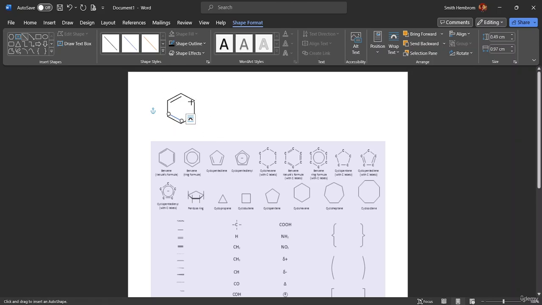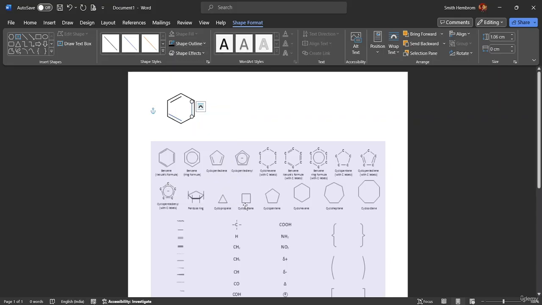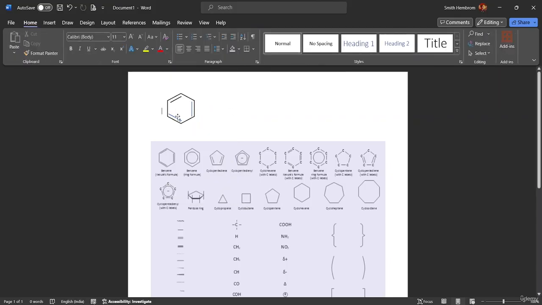So I will come over here and I will just click on shift. Okay, it will just create me a straight line. Okay, again shape outline, go to the weight option, from here 1.5. Okay, so here you guys can see